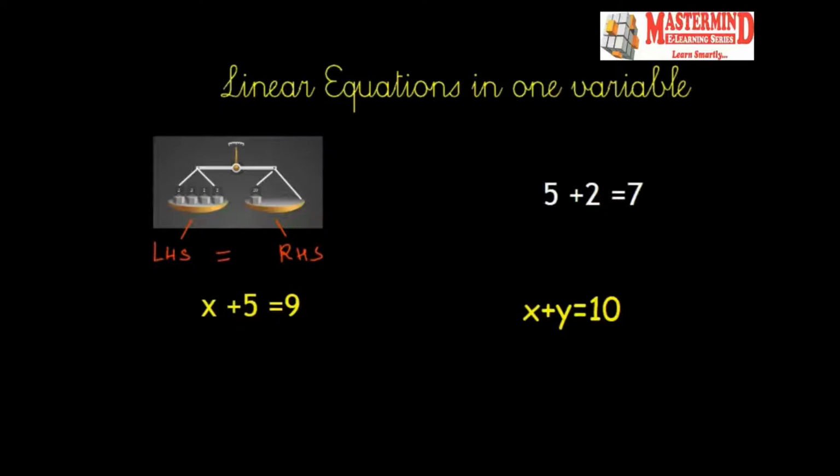So this is what the concept of equation is all about. An equation, now if you look at this thing here, 5 plus 2 is equal to 7. This also has a left hand side, 5 plus 2, and a right hand side over here, and also has an equal to sign. So this is also an equation. Anything which has a left hand side, a right hand side and an equal to sign would be called an equation. Now this equation has only numbers in it. This one, 5 plus 2 equal to 7, has got only numbers in it. So we can say that this is a numeric equation.